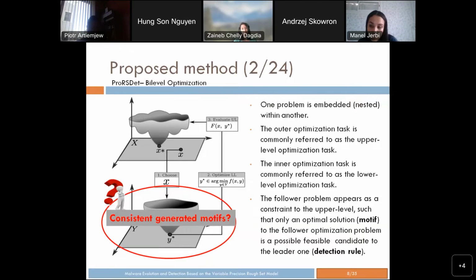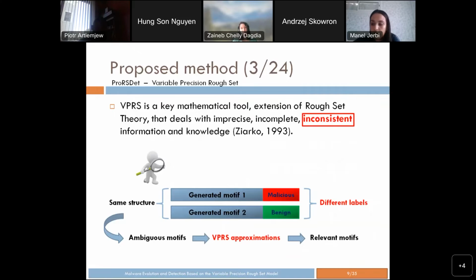In fact, the lower level task produces artificial malicious motifs, and specifically within this lower or inner task, we need to make sure that the generated motifs are reliable enough to be fed to the upper task to produce its detection rules. And that's why we call for the variable precision RFSET model introduced by Ziarko as an extension of